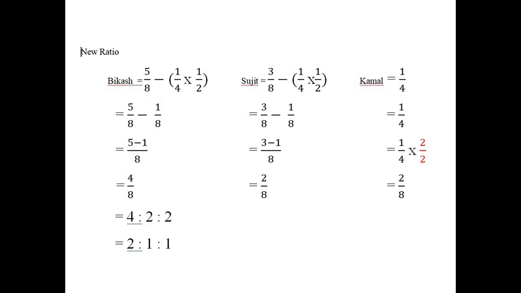So, Kamal is getting one-fourth share in the profit, and this one-fourth share is acquired from Vikas and Sujit equally. That is 1 by 2, 1 by 2. Because there are two partners, Vikas and Sujit, that is 1 by 2. If there were three partners, it would be 1 by 3. So Kamal is acquiring one fourth, and this one fourth will be acquired from Vikas and Sujit equally. That is 1 by 2, 1 by 2.